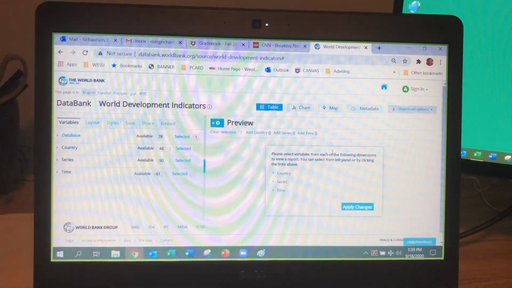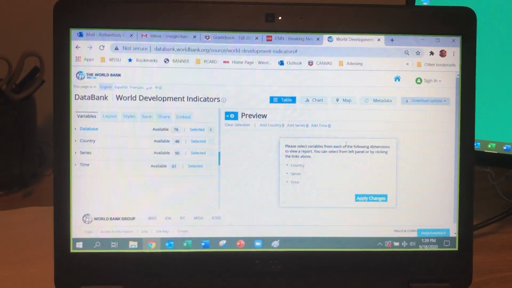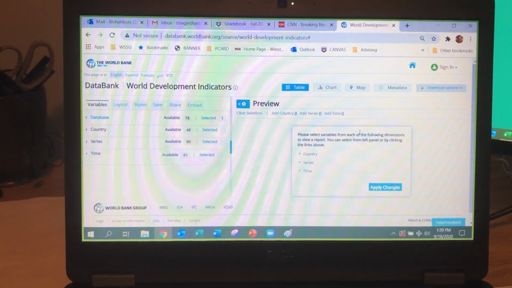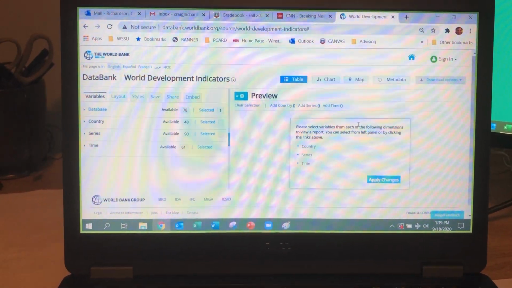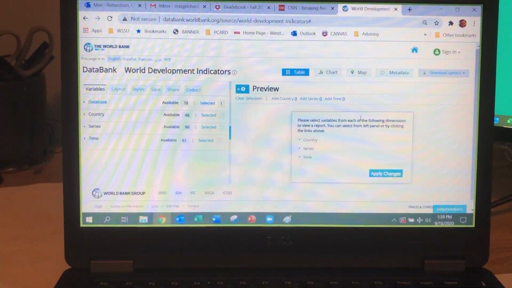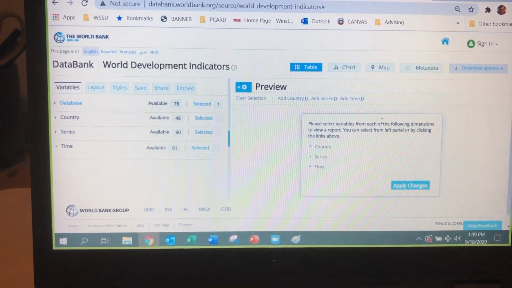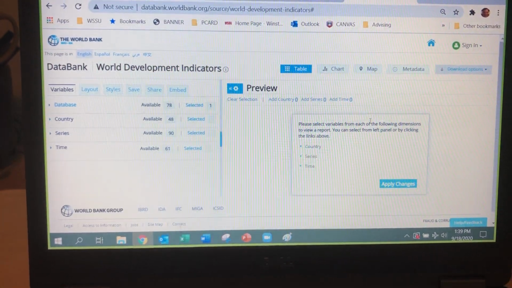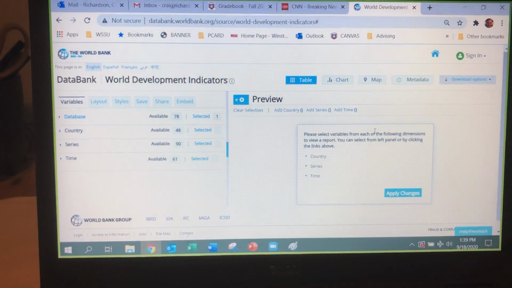Hey everybody, we are going to learn how to use a database today from the World Bank. It's one of the most powerful databases in the world, put out by the World Bank. And we're going to take you through this so that you can build a database. When you do your own papers, this may be a useful place for you to look because once you